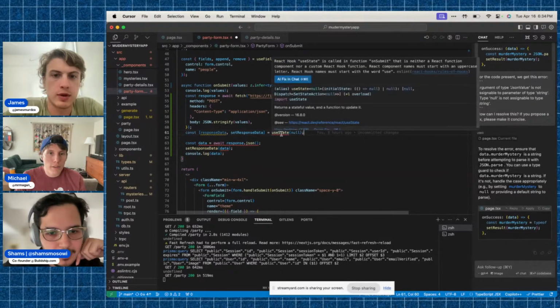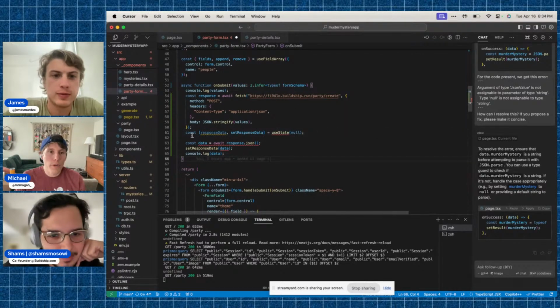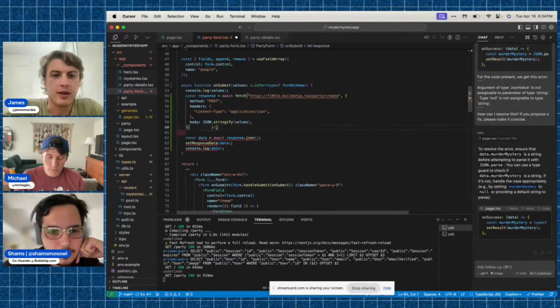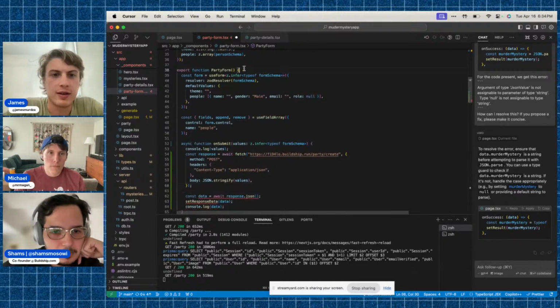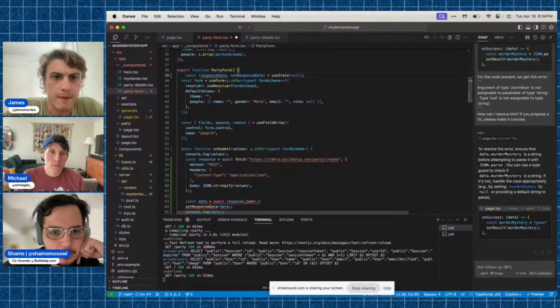Why does it not like this? Because that should go in your component. Yeah. Oh, it should go in the component. Like the useState call should be at the top of the component. Am I right? Yeah. Yeah, there you go.